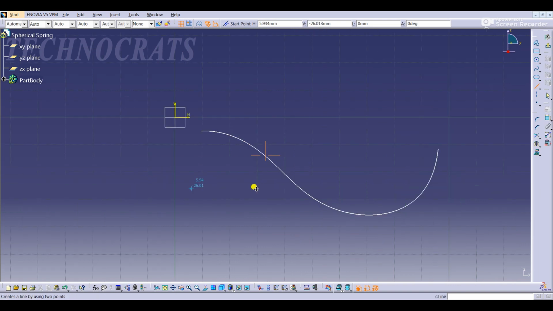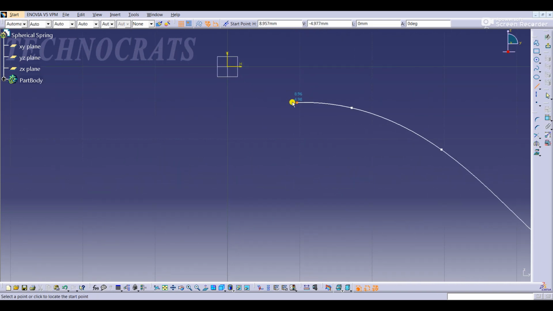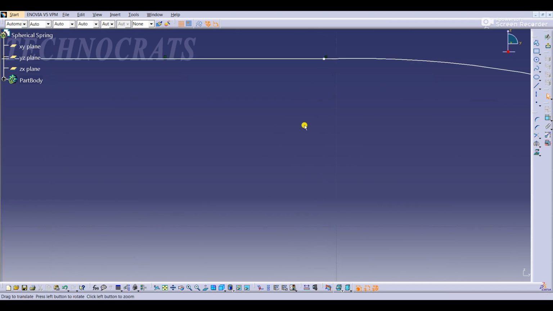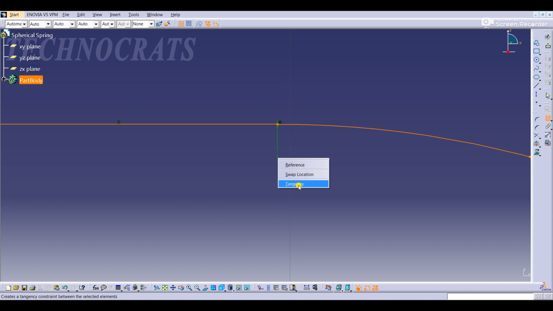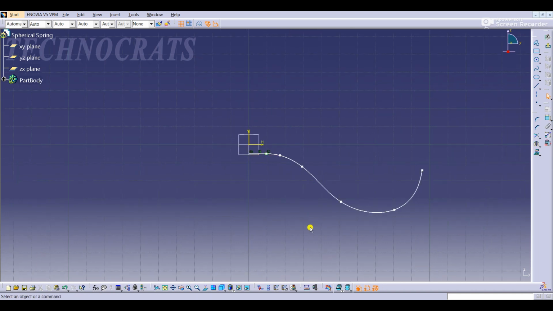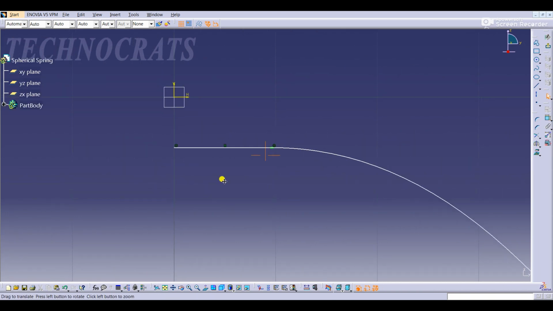I will draw a small straight line here because there is a straight portion at the initial end. But you have to understand this line element and this spline element should be tangent to each other. So provide a tangency constraint: select the first element, second element, right click, tangency. Okay, our shape is ready.